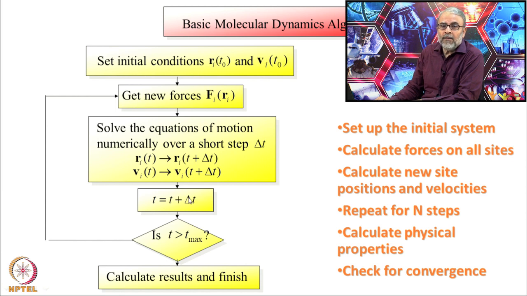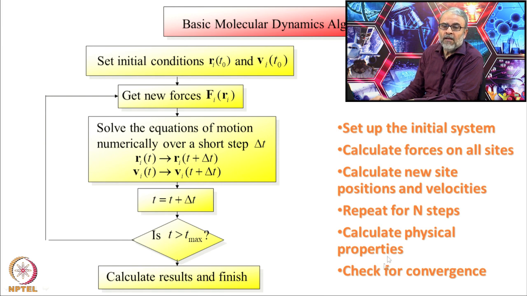How long will I increment the time? Suppose I want to do a simulation for 100 picoseconds. If my time has been incremented because I did a simulation for delta t, now t has become incremented by delta t. If this time is greater than the maximum time that I want to simulate, such as 100 nanoseconds, then I stop. If it is less, I go back, calculate new forces, new velocities, new positions, and keep on repeating the simulation. Once I reach the maximum time, I conclude my simulation.